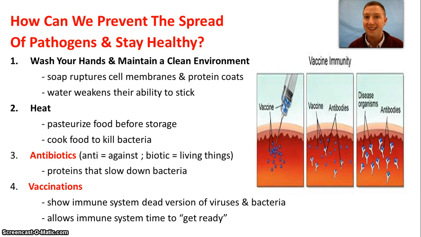Number two, heat. Okay, humans have been cooking their food for a long time. Why? We've known that cooked food makes us more healthy. Why? We're killing the bacteria living in that piece of meat, killing that bacteria growing on those vegetables. And if I'm going to store food for a long time, like milk or cheese or dairy products, I can pasteurize them, which means heat them up to really high temperature. That boiling process, that heating process, ruptures the cell membranes of the bacteria. It denatures the DNA of a virus, and it makes the food safe to eat. It can't infect us anymore.